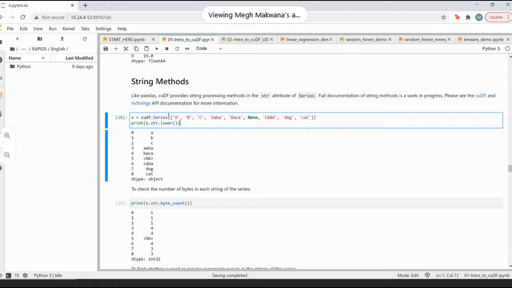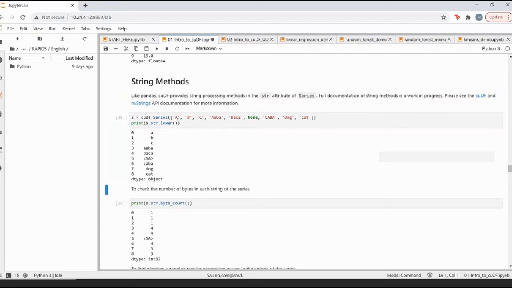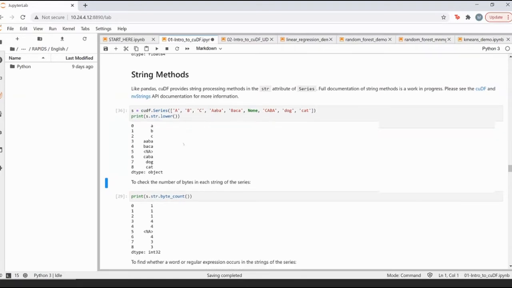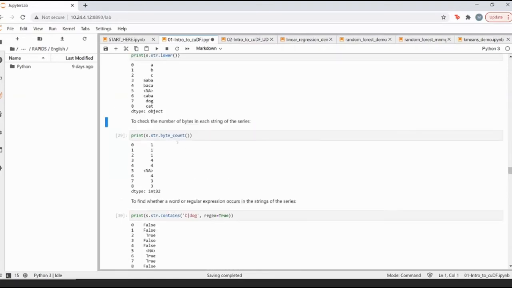So here I've simply made a series with these elements initialized, and I'm just trying to call the lower function, which will convert all these capital strings into lowercase strings, right? So just don't think that, hey, I have some string operations, can I still do it on top of GPUs or not, right? So we have a couple of APIs to do that with some functionalities. Yes, everything is not there yet, but it still gives us a pretty good amount of capabilities.